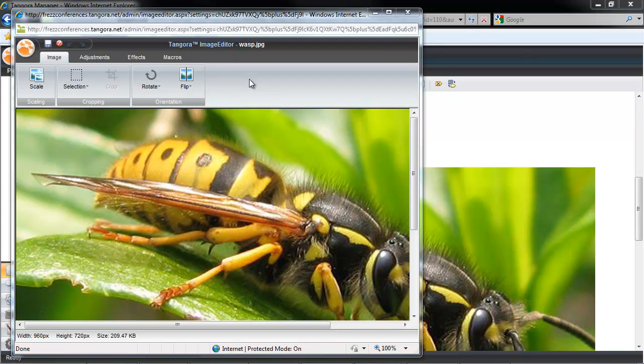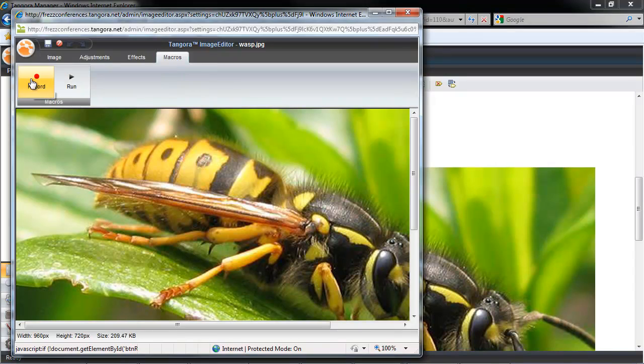I did a save as in the previous demonstration, so now I'm going to return to the image in its unmodified form to continue. So now we'll make a macro which resizes to 300 pixels, adds a film strip effect, and a drop shadow. First I'll go to the Macros tab, and then I could just hit Record. And now I just navigate to where I want to make some adjustments.